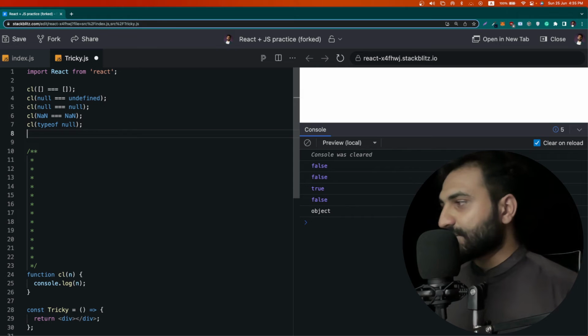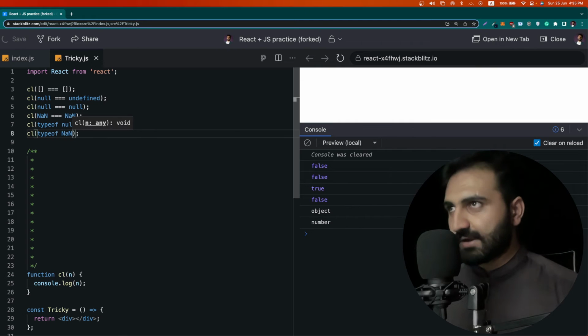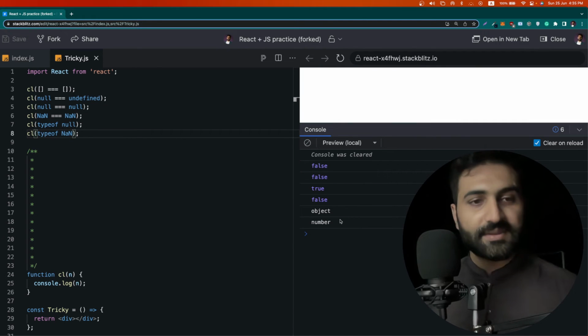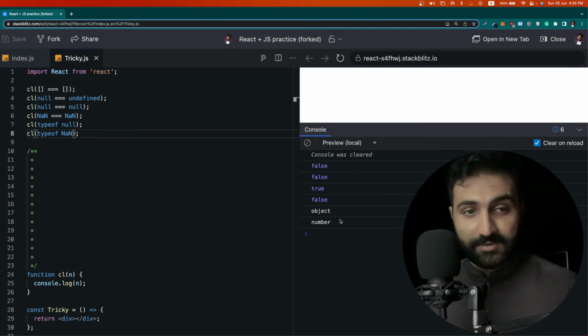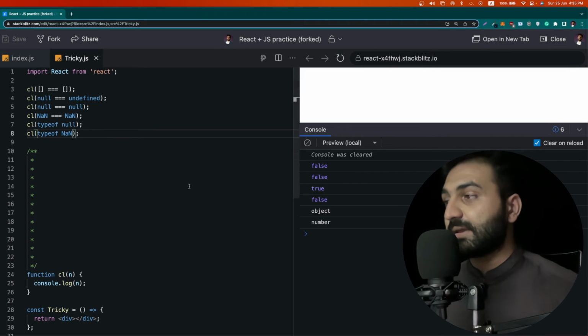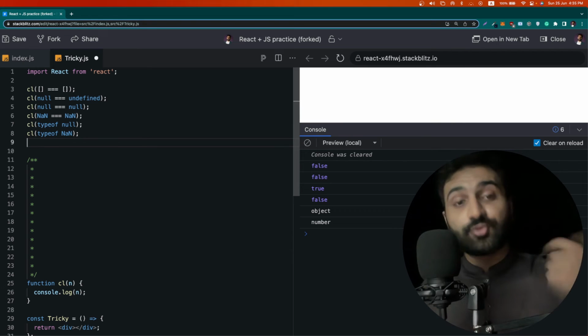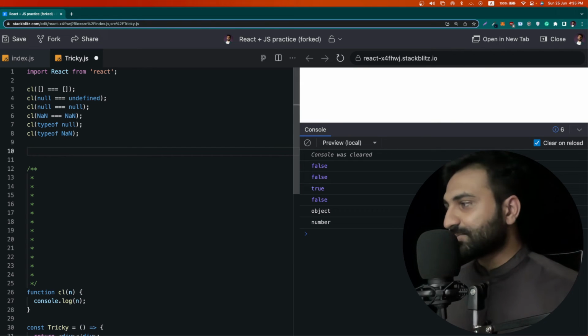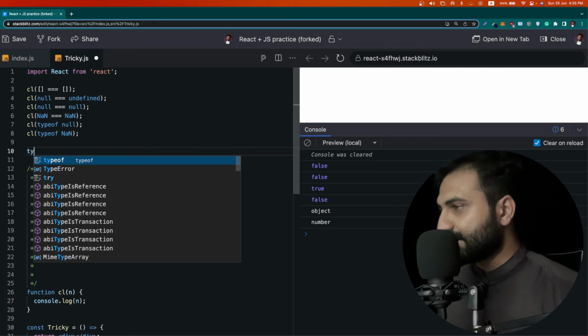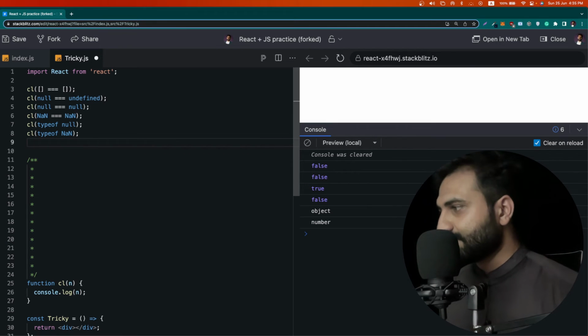Now if we console out typeof NaN, you see how NaN works. This NaN is a number, and as I already mentioned, NaN is always a unique number, and it will never ever be equal to even itself, because whenever you generate a NaN, it will be a unique value. Okay, so now let's move to our next question, which is console.log